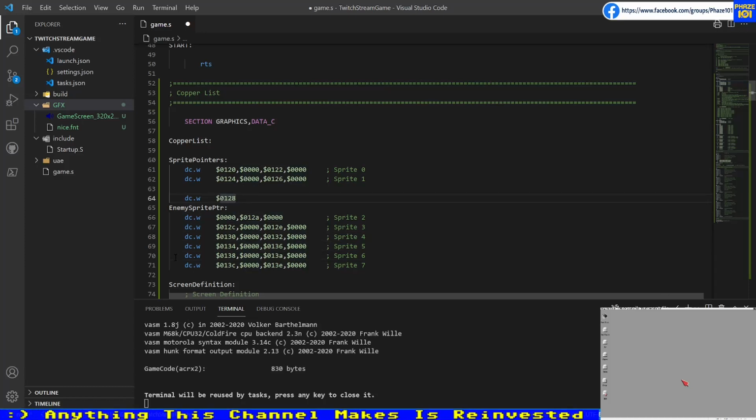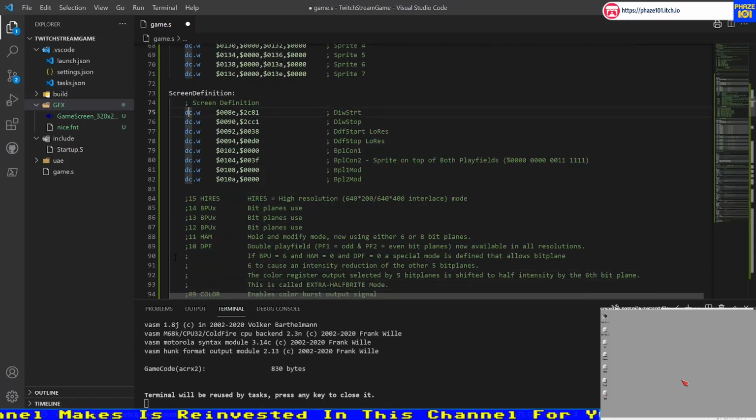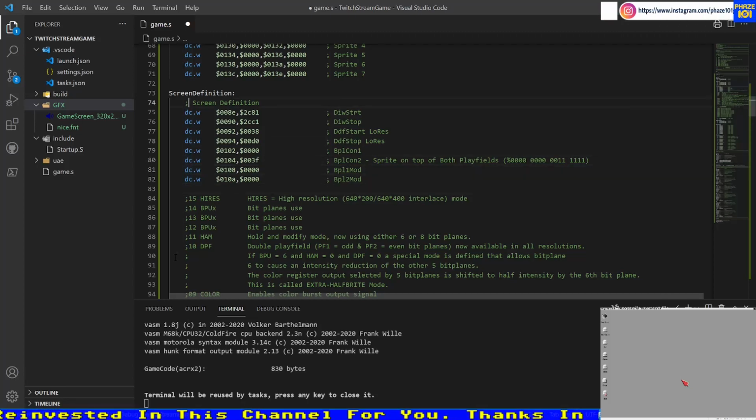And these are literally copy and paste from the book. Same for this part, for the screen definition, where we are setting the display window start and stop, data fetch start and stop, the Bitplane con1 and con2, and the modulo for the bitplanes odd and even. I've added this